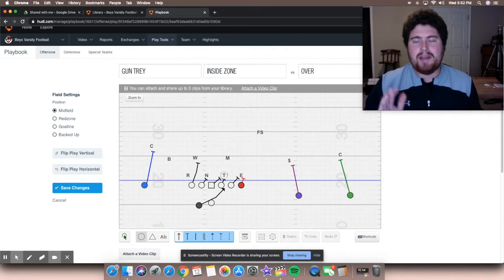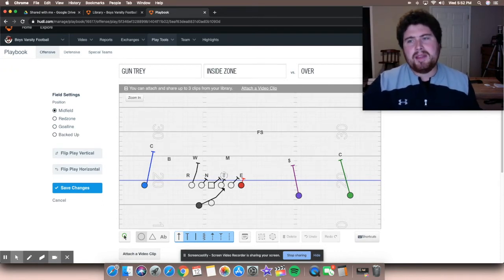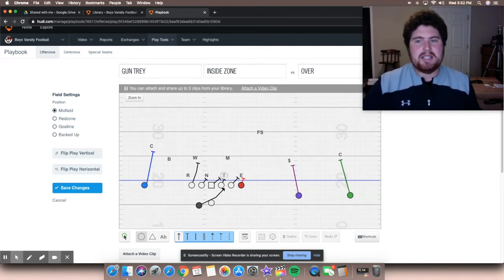Now, obviously, our base defense and the base principles of our defense will stop inside zone. Like, that's not a problem. I don't have to make a special blitz or a special call to stop this one play. But if there's something that I see in my base defense that I can pull from, like I can pull a stunt out of my back pocket, and I can say, well, when they're